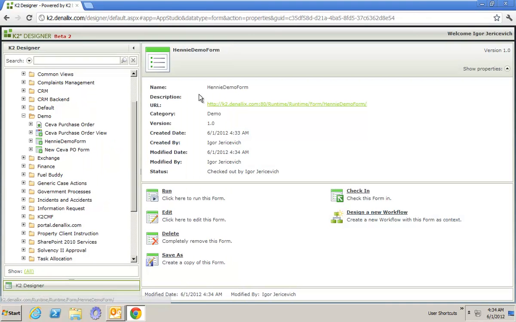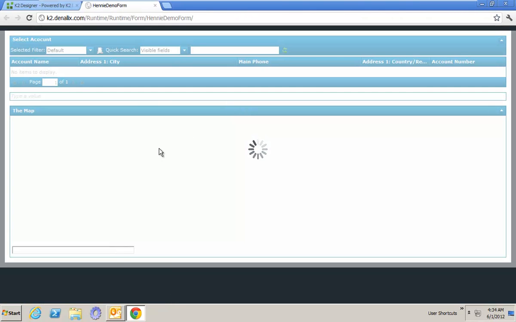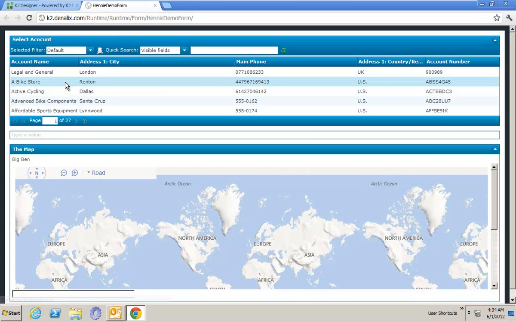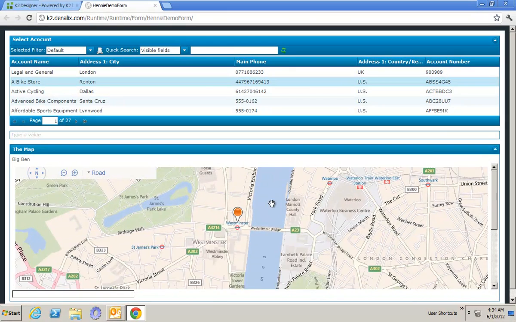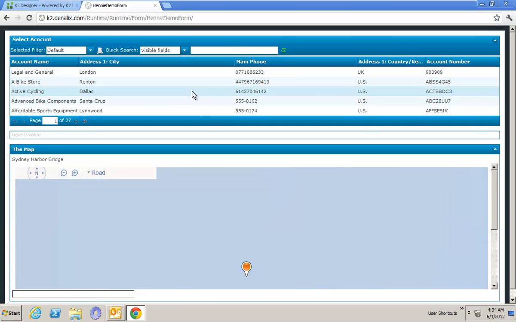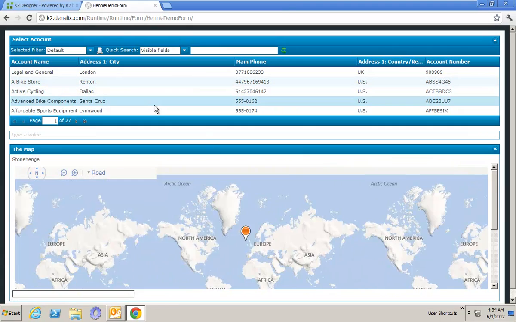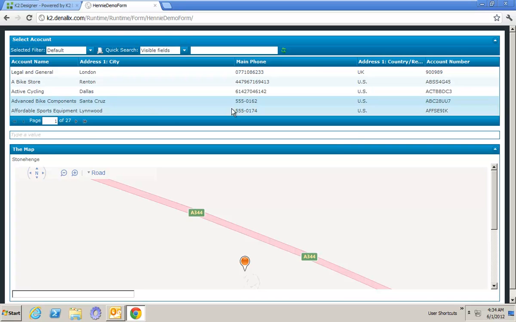So let's see what we've got now. A little bit more sophisticated. Either I can go put in a text box and it'll load up my map, or if I go and choose a bike store, it's loaded up bike store, which is at Big Ben. If I go and load up this one over here, and somewhere there, you can see now it's quite cool. I've set that one's location to be